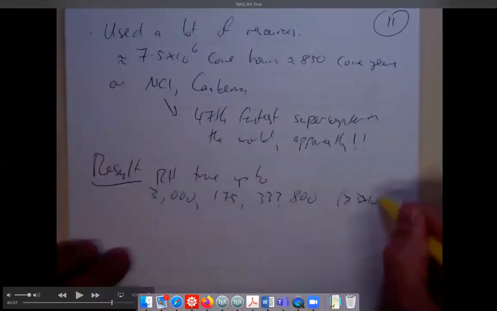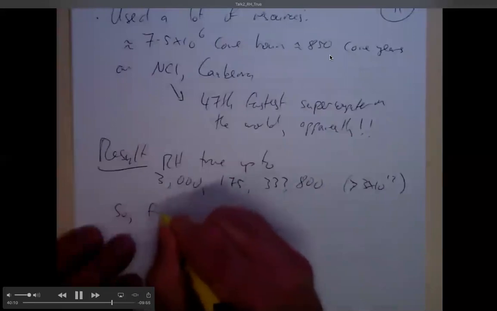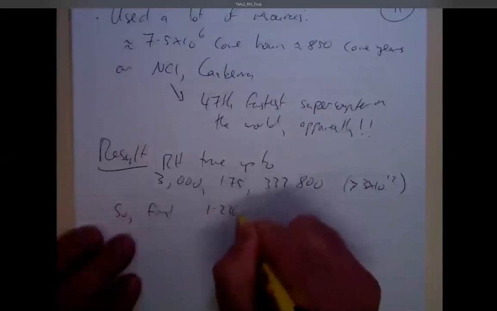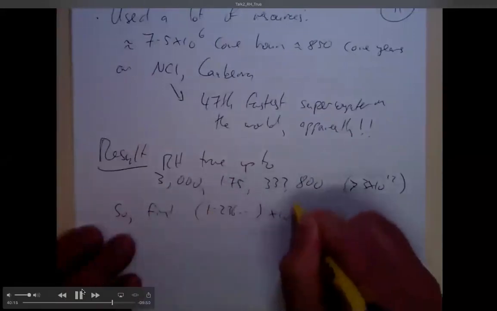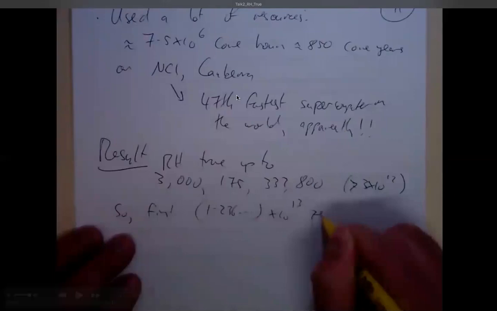We used an awful lot of resources for this. So roughly 850 core years on a very fast supercomputer. You know, like there's IPL rankings or whatever, university rankings, there's also supercomputer rankings. So apparently this is the 47th fastest supercomputer in the world. I mean, if you believe that, you believe anything, but that's what they tell me. So it's a very fast supercomputer arrangement here in Canberra.